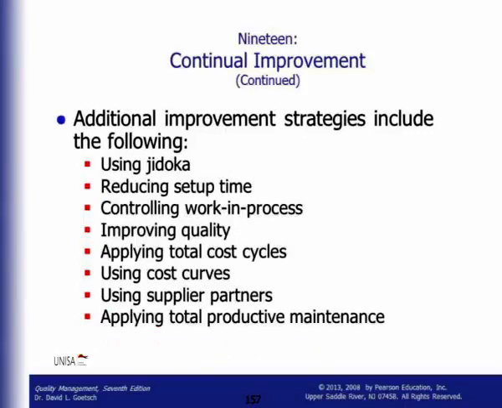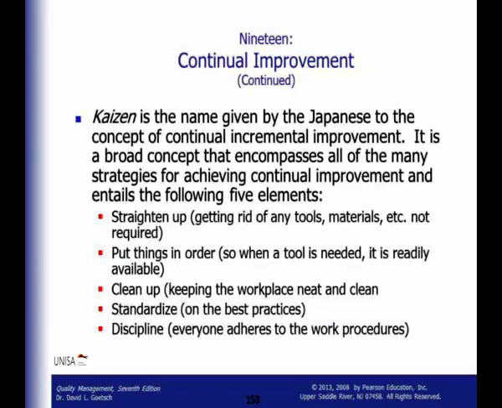Additional improvement strategies include using Jidoka, reducing setup time, controlling work in progress, improving quality, applying total cost cycles, using cost curves, using supplier partnerships, applying total productive maintenance. Kaizen is a name given by the Japanese to the concept of continual incremental improvement. It is a broad concept that encompasses all of the many strategies for achieving continual improvement and entails the following